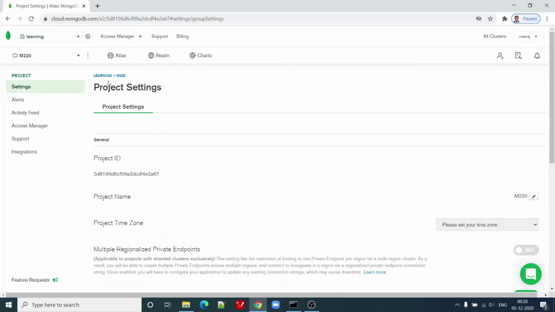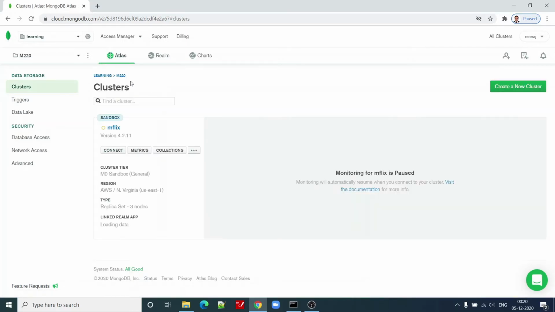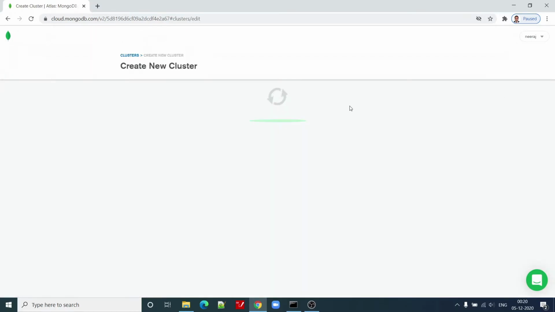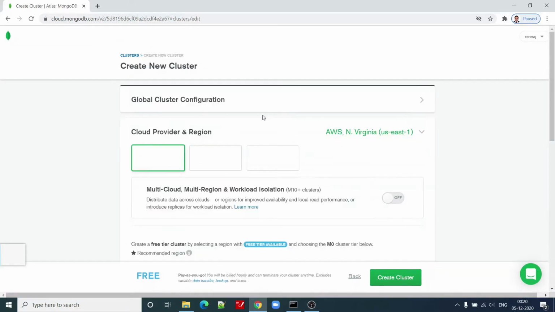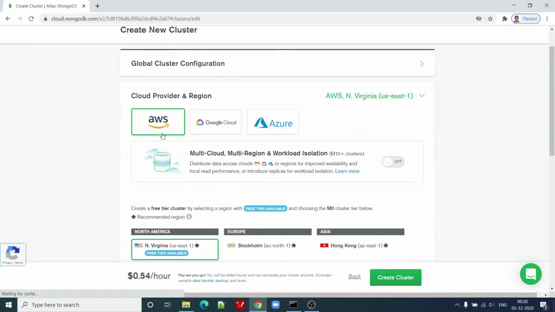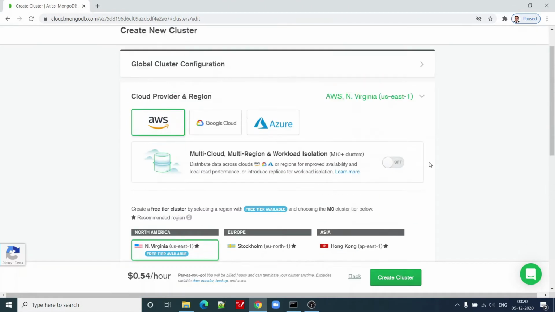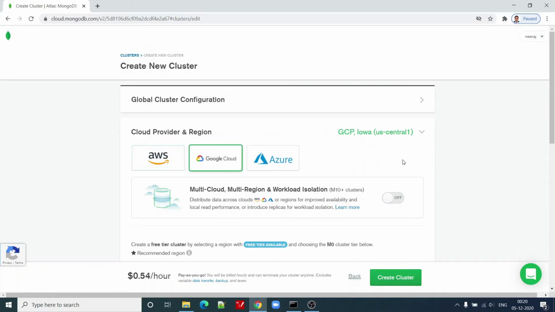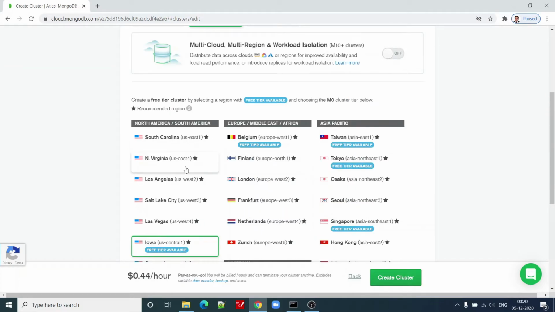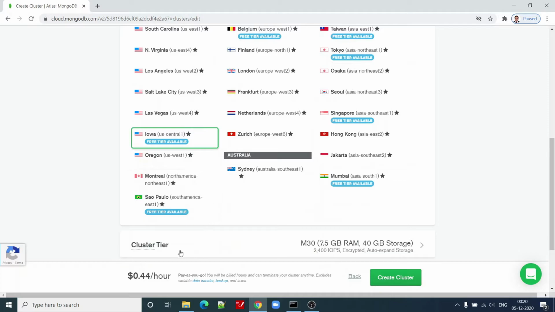Now let me go back to this M220. I click on create a new cluster. Here using this option you can see AWS, Google Cloud, Azure, right? Then the region of that particular cloud provider. If I select Google Cloud, then it has listed the regions accordingly and it has changed these names also accordingly. Here it is showing me the rate for that, right?